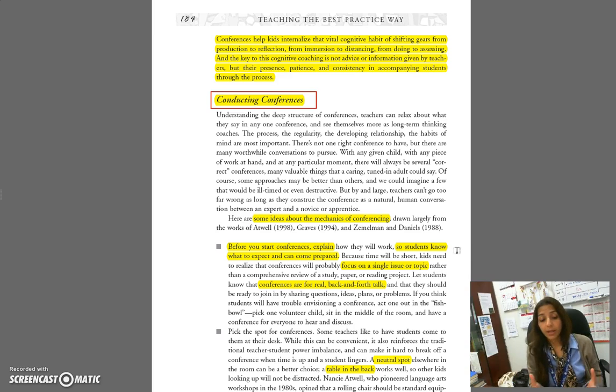Maybe she wants them to bring a task which they have done on which they have difficulty. Maybe she wants them to come and do something in the class on which they need her help, or maybe they have to choose a topic for a project, so she can tell them that they can have a conference on that, and together they will be thinking of different topics and choosing a topic for their project. So she has to tell them beforehand what the conference is so that they come prepared for it and there is no time waste. Next, she should focus on a single topic or task.